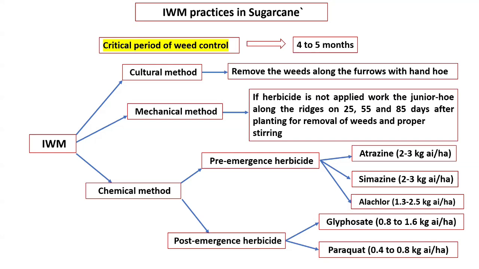And for herbicides, we can go for atrazine as a pre-emergence, because in sugarcane pre-emergence herbicides play a crucial role. Why? Because emergence takes too much time, so during this time we need to keep the field weed free. And after that, post-emergence herbicide on the standing sugarcane crop, we can go for broad spectrum, non-selective herbicides. Why? Because in sugarcane the space between the rows is high. We have to give high space